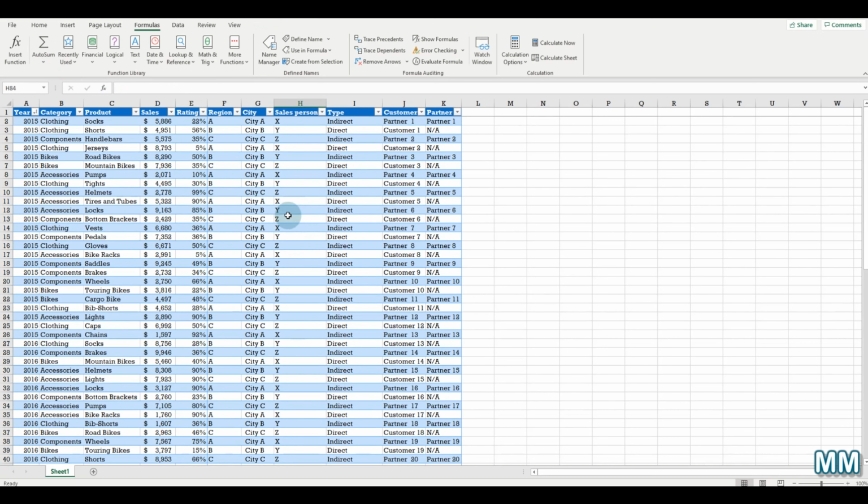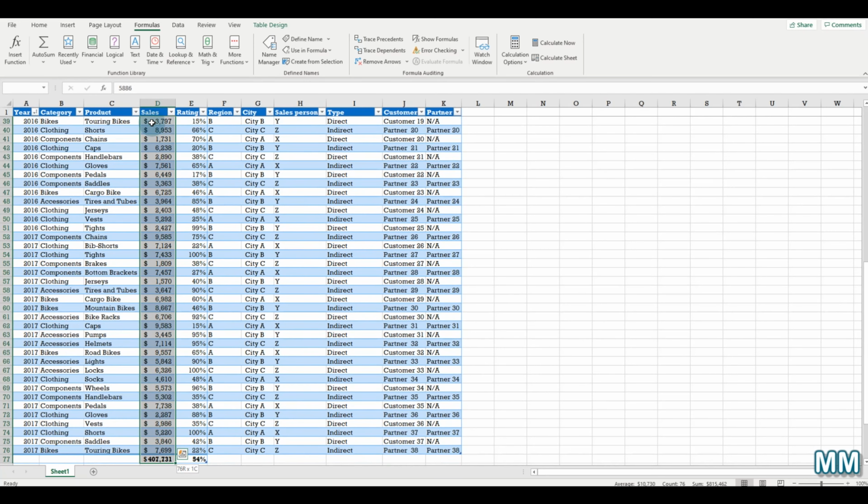If we want to double check, we can go to the first one, press Control Shift down arrow, then let the Control button off and keep pressing Shift and up arrow, just not to include the total, and we can see that we have exactly the same amount here,